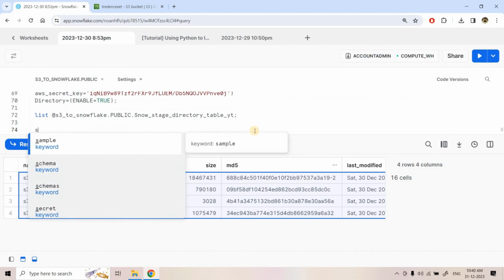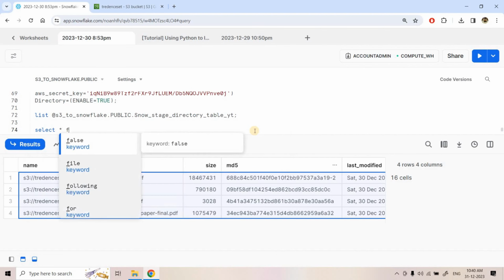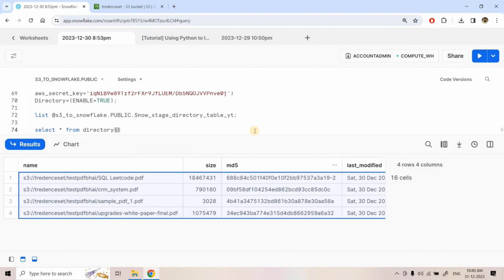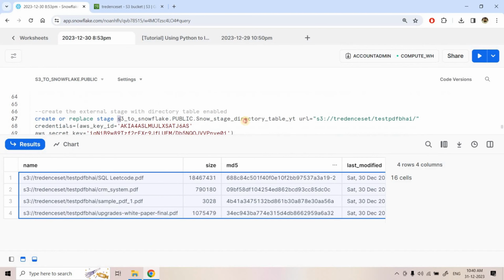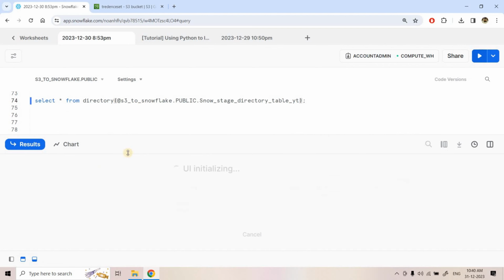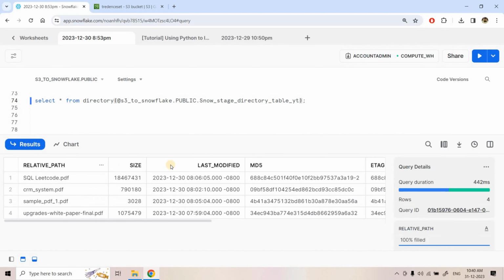For that you can execute this query: select star from directory, and within parentheses you need to provide your stage name. In our case the external stage is this one, which has directory enabled, and here I can give @ and then the stage. Now let's execute, and here you can see